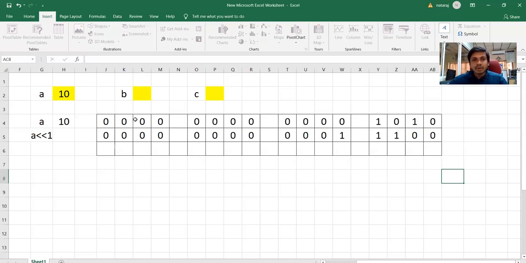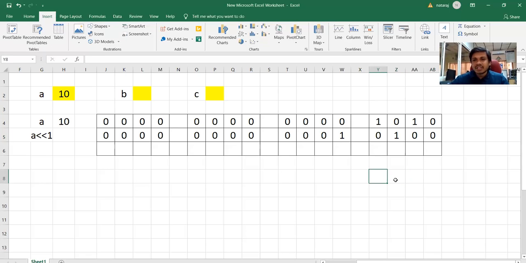It is not rotation. The 0 that is erased does not come back here. This empty slot is created, and 0 fills that slot. The last 0 here is erased. This is MSB and LSB. MSB gets erased and LSB will be vacant. In that vacant position, you need to fill it with a 0.